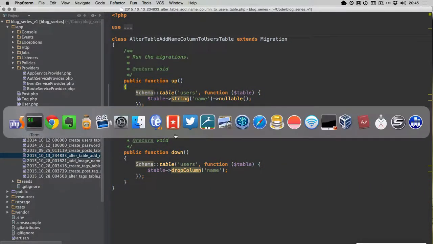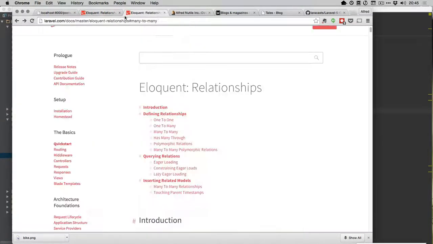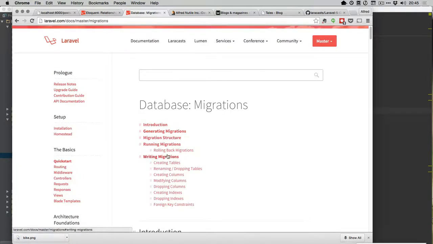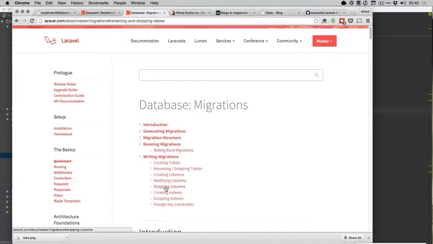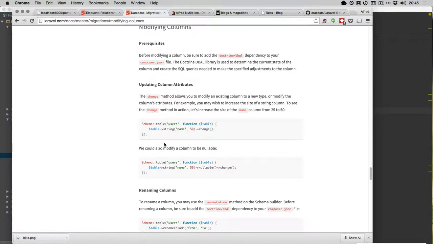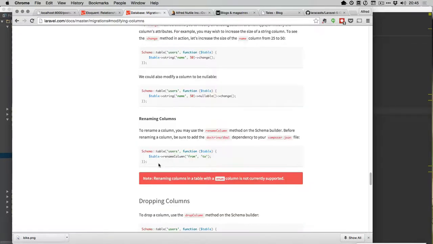It's in the docs. Let's grab here. Migrations. Renaming, dropping. We don't want to rename the table. Modifying columns. Let's see. String name change. Rename column, from and to. I wonder if this is a good example of where